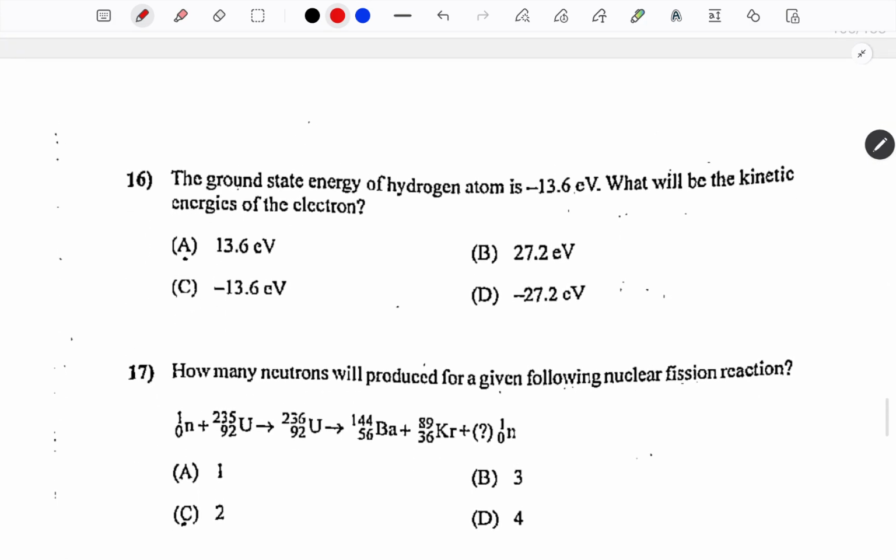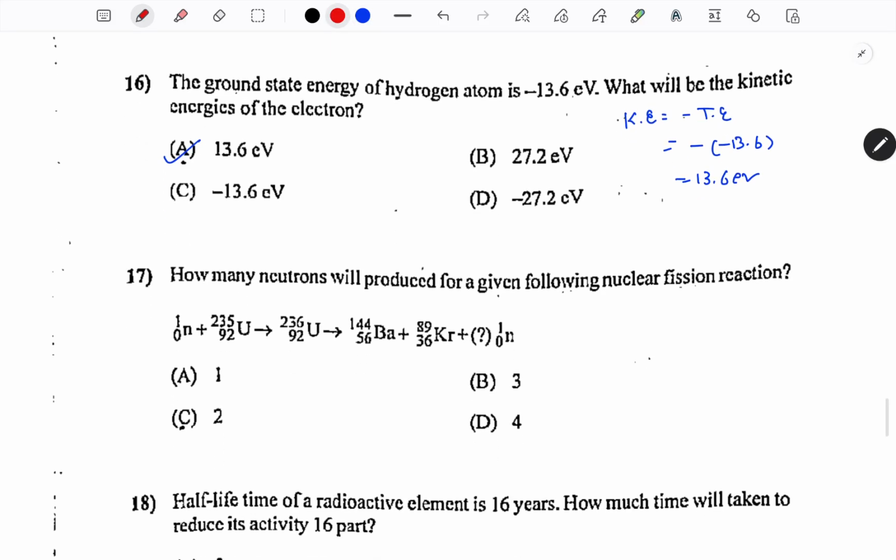Okay, moving further, in the next question, the ground state energy of a hydrogen atom is minus 13.6 electron volt. What will be the kinetic energy of the electron? Okay, we know that the kinetic energy of the electron will be minus the total energy, and minus of minus 13.6, so the answer will be 13.6 electron volt, option A. Next question,